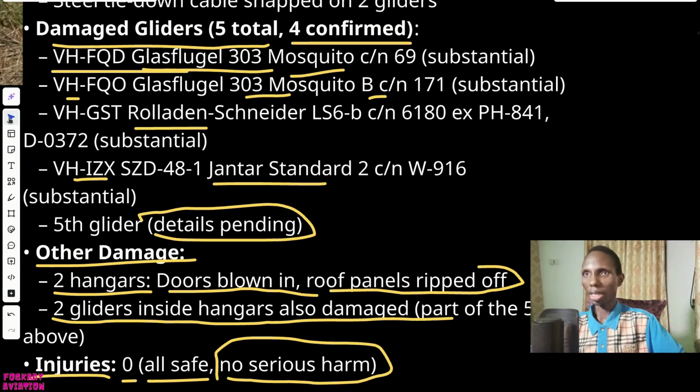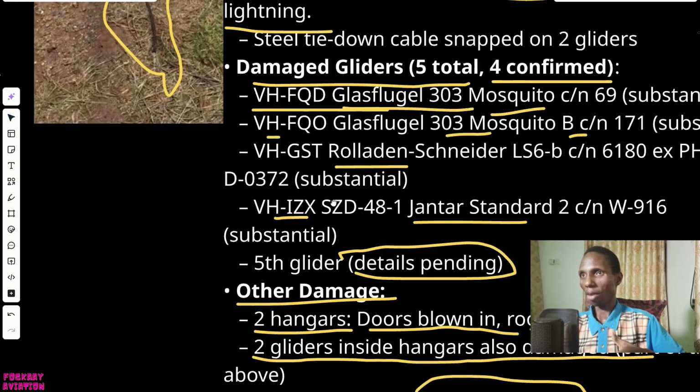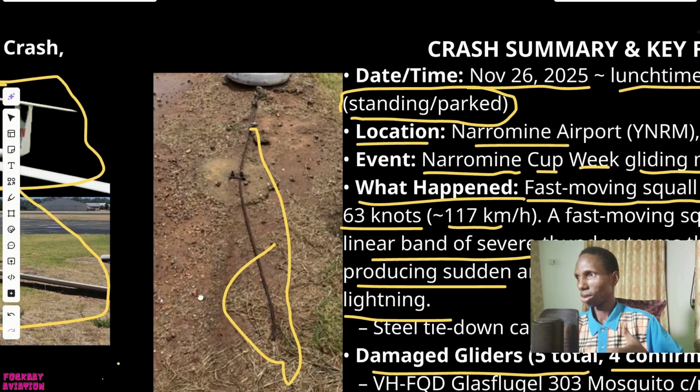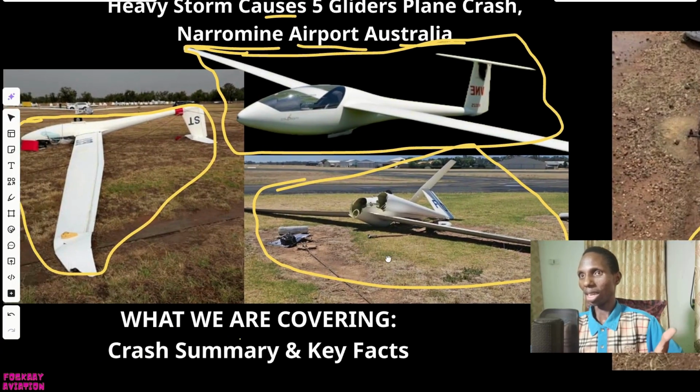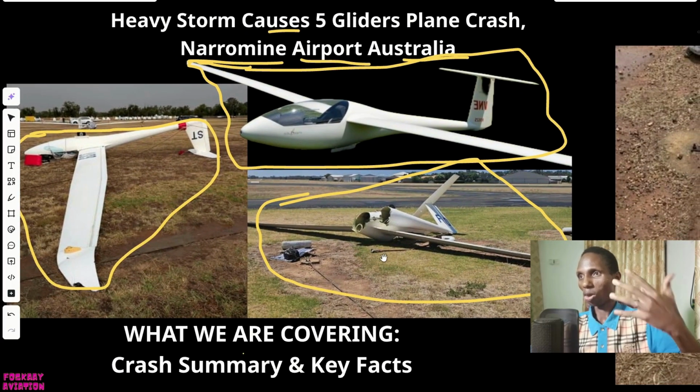And it's your turn. Have you ever experienced such squall line wind around an airport or against an airplane? Share below, and what would have been done to make these aircraft not sustain this type of damage? I saw some comments online saying, why don't they keep them inside hangars? But even some inside hangars were crushed because it's heavy wind. So share in the comments below as well.